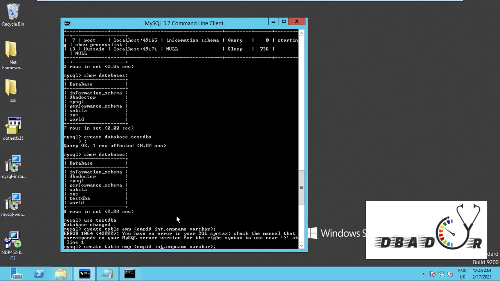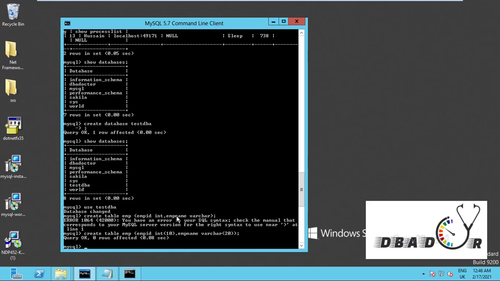In emp id int, we have to give a number, and for emp name as well we have to define a length. Without that it will not fire. Okay, now the table is created.